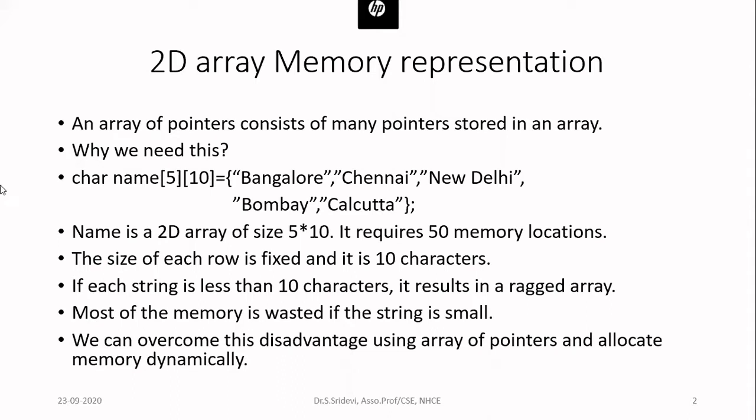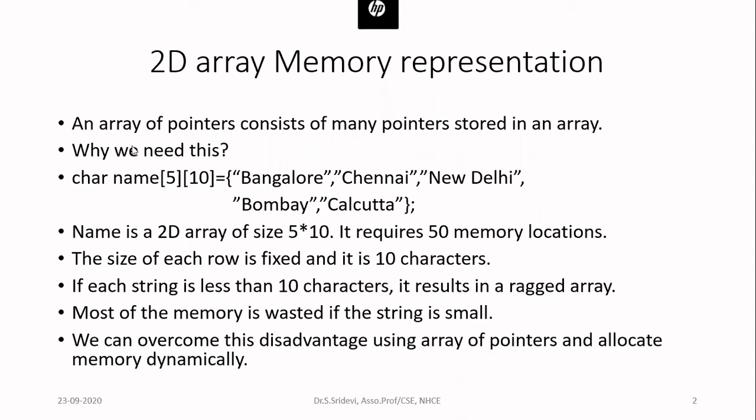So here I am declaring a 2D character array called name with 5 rows and 10 columns. When I declare an array with 5 rows and 10 columns, I can store the names of 5 people, and each name can have a maximum of 9 characters only, because the last character is always used to indicate the null character. So with this array declaration, I can store the names of five people, and each name will contain a maximum of 9 characters plus one terminating character, that is a null character.